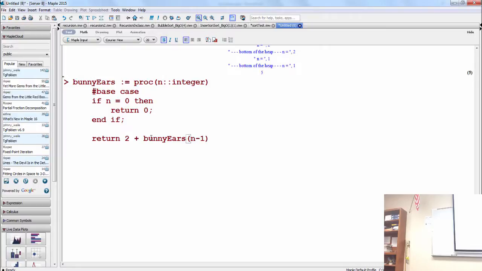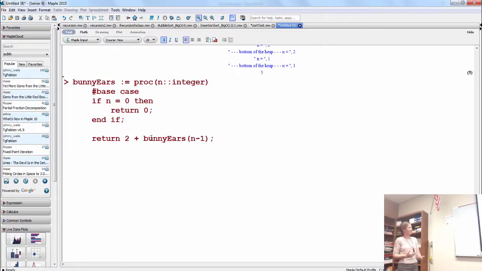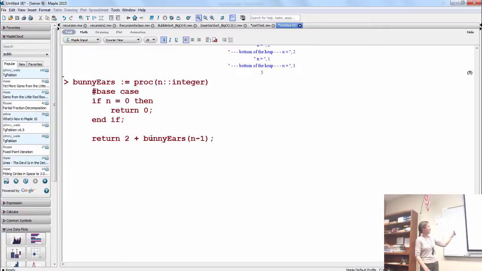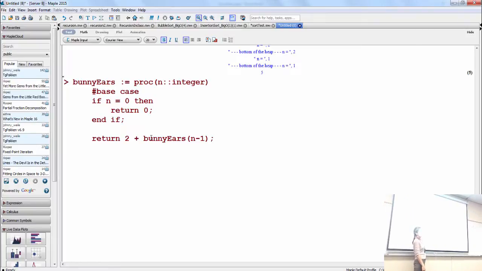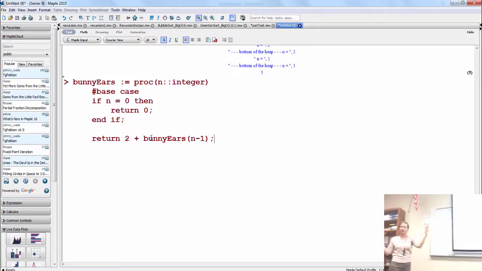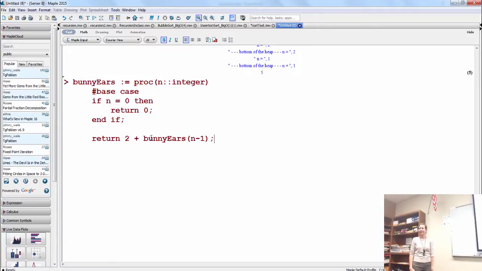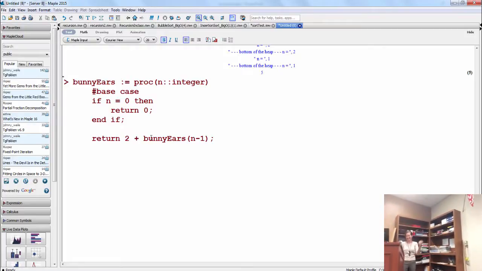And then we're following our rules: that n is getting smaller. Hopefully it makes sense visually. You can visualize that bunny, you're counting his ears, and then you have the rest of the bunnies over there, and you need to count their ears. You can do this with horses or dogs, they all have 2 ears, so you don't have to just stick with bunnies.